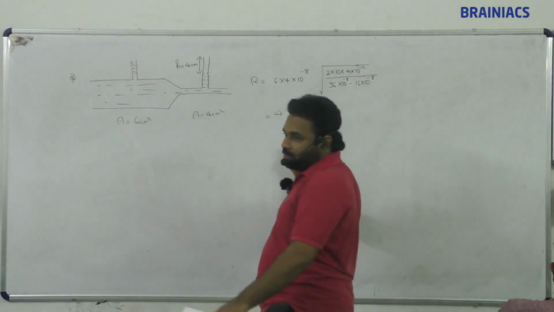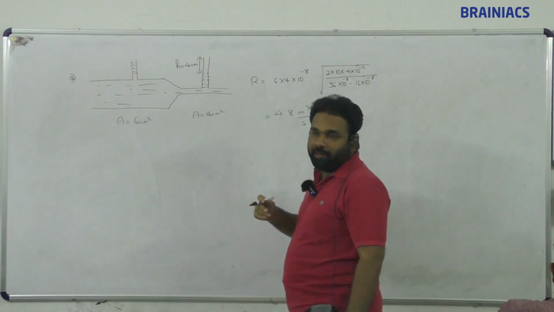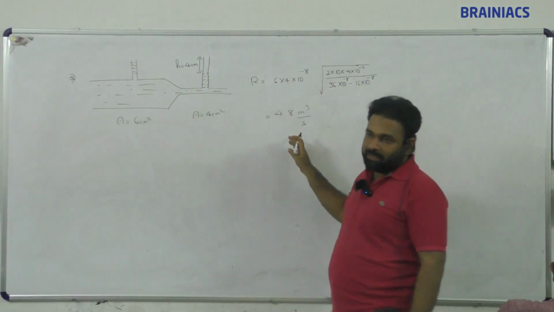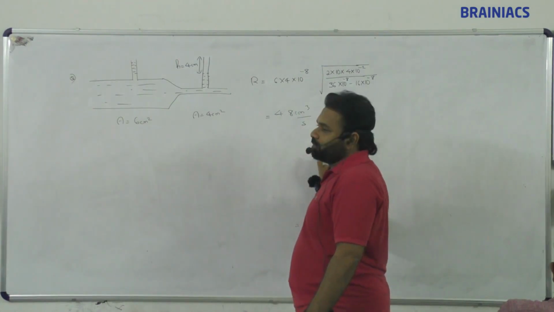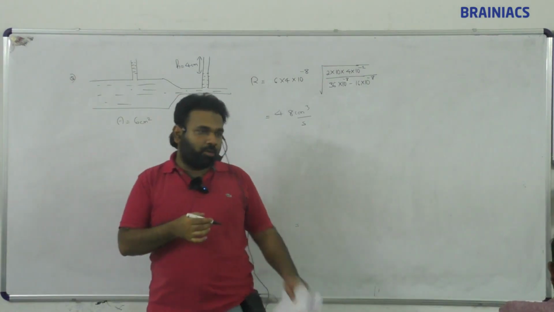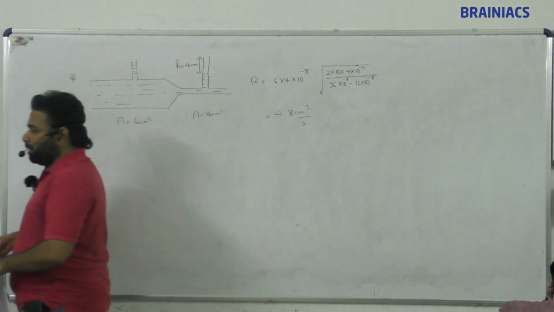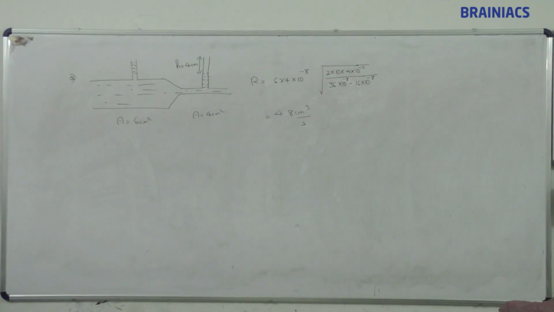Centimeter cube per second. This is what I have written. Just take care of the calculation. 48 centimeter cube per second is the answer which I have written in my notes. Verify the calculation. Okay, so next